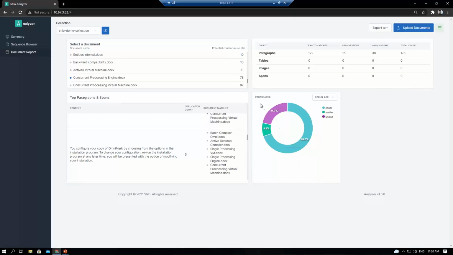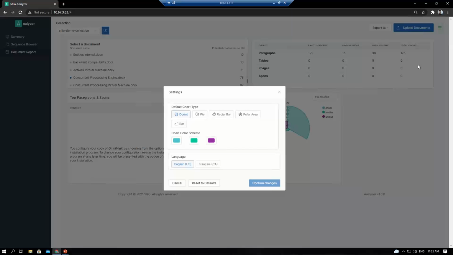And last but not least, we have a graph showing the visual representation of the data above, the paragraph spans and similarities of those elements, also customizable. The graphs are actually customizable by color as well. So let's say your business has a specific color palette and you want to match it to make your presentation